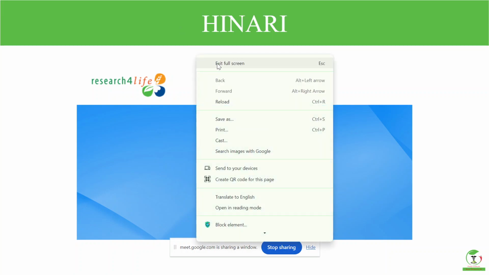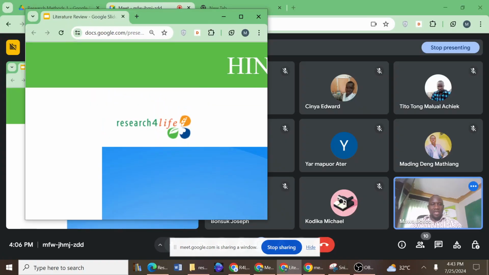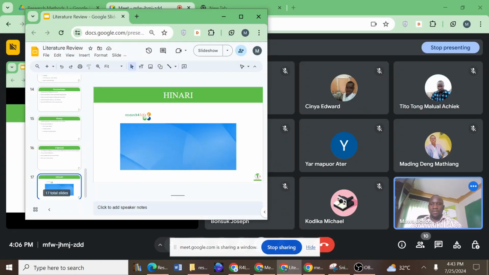So that marks the end of this presentation. I hope I've given you sufficient tools and techniques to be able to do very good literature reviews that can really beef up your proposal and make it concrete. If you have any questions, you can